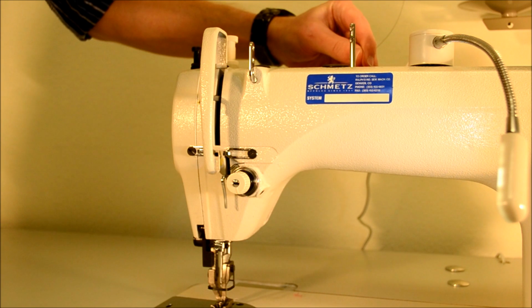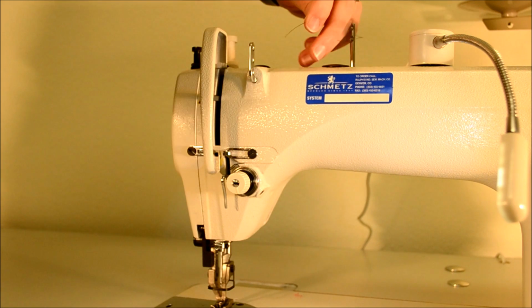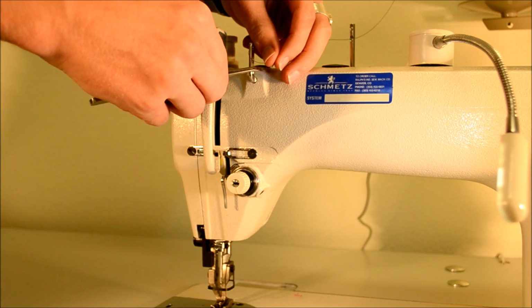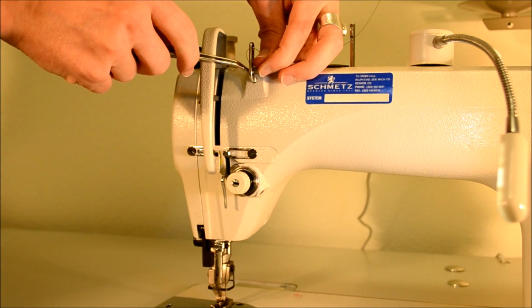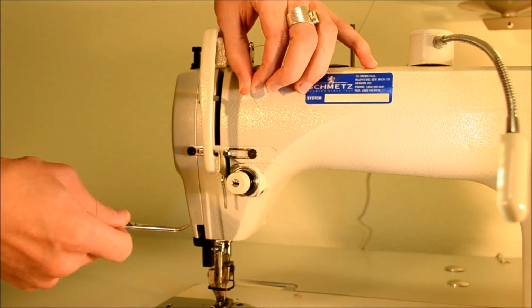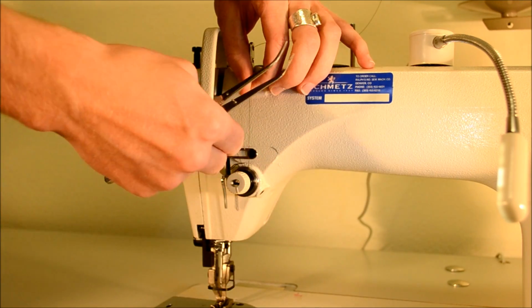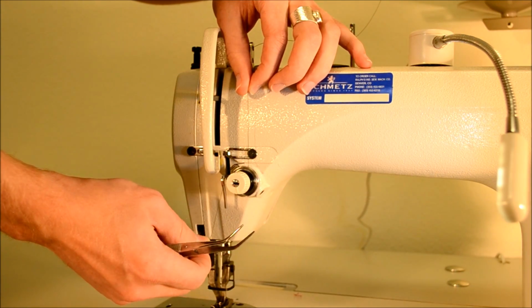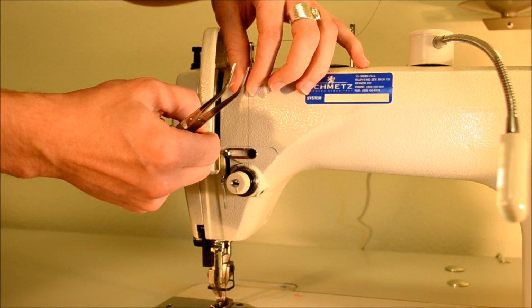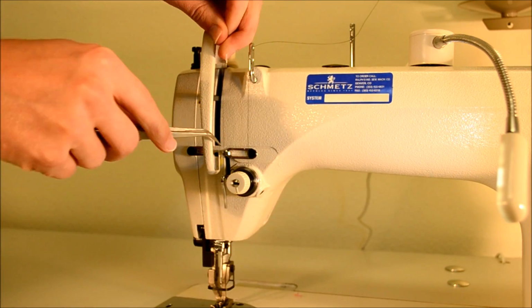Thread through the top bar, back to front, then right to left, candy cane around, right to left again, straight down through the tension plates, straight up until it clicks through that black hook. Black hook should jiggle. Down around that silver hook, up through this silver hook,